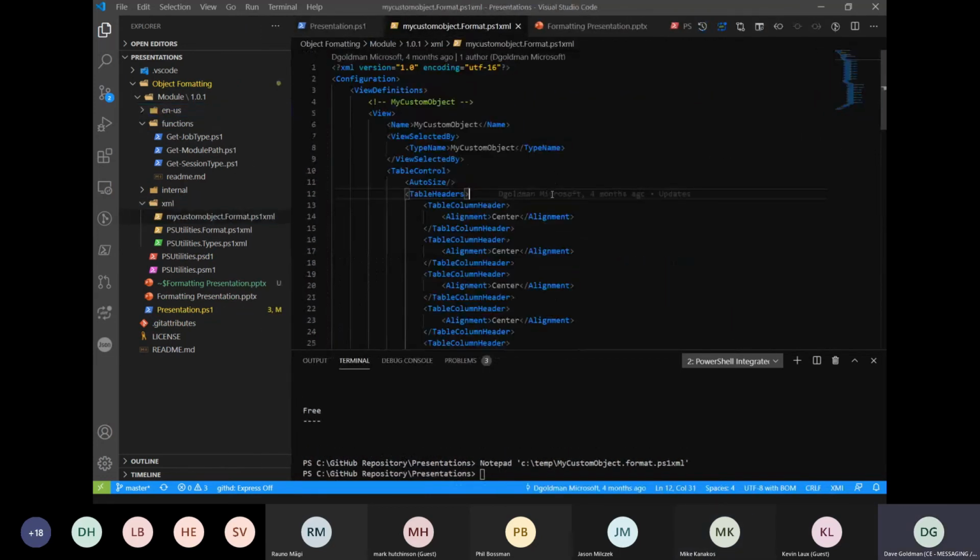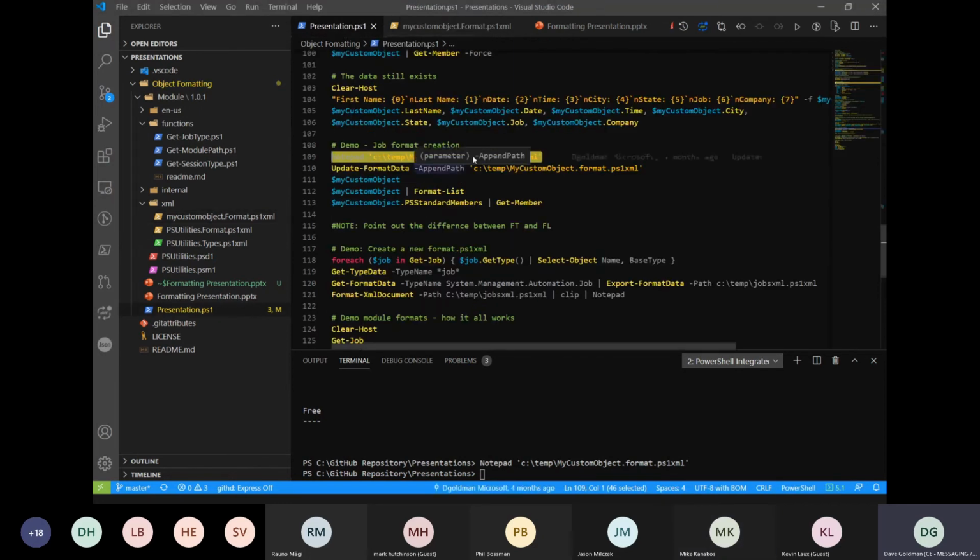I didn't have it in Notepad because I just rebuilt this machine, but I always save my stuff. So if I go back to the presentation, you'll see that I didn't have it dumped out, but I have it in the project.